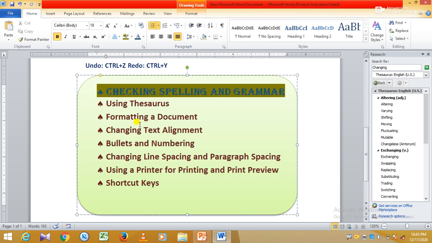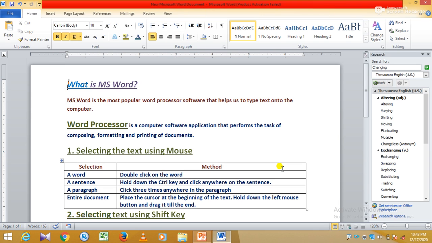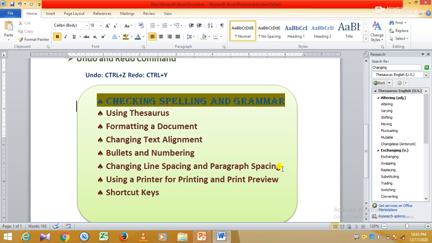Okay, so first of all I'm telling you Control plus Home key. Press Control plus Home key. Both the keys you will find in your laptop keyboard or in your PC keyboard. As I press Control plus Home, it will reach the beginning of the document. Press Control plus End, it will reach the end of the document.